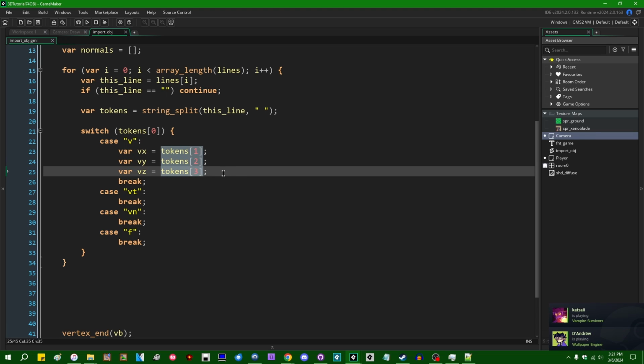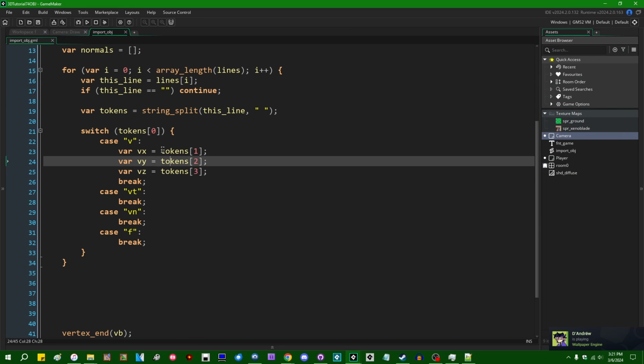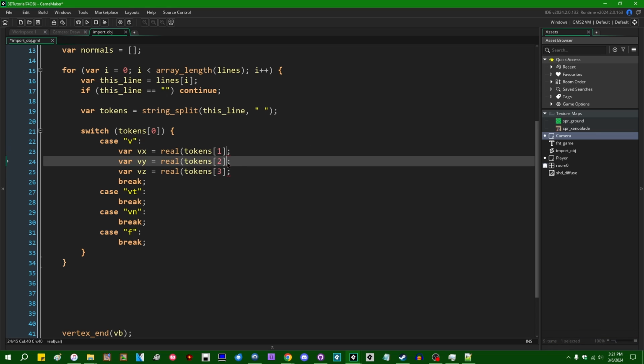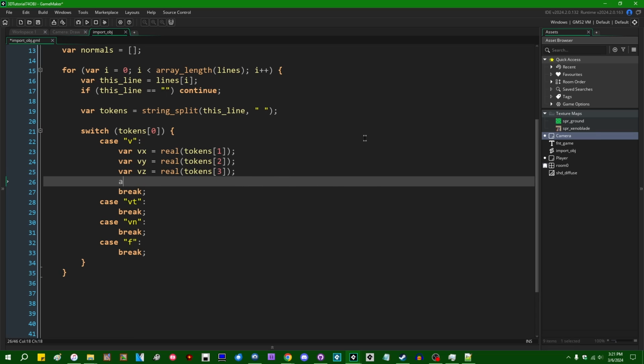These are still going to be strings. These are not actually going to be numbers. These are going to be just strings containing a representation of a number. So we're going to want to tell GameMaker that this should be a real number using the real function, and that will parse the number, turn it into an actual number data type. And then